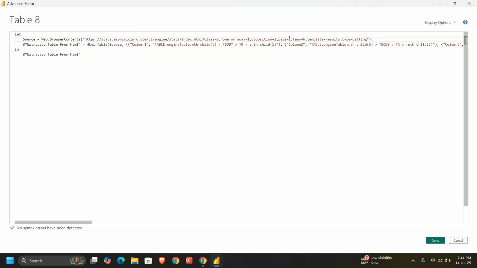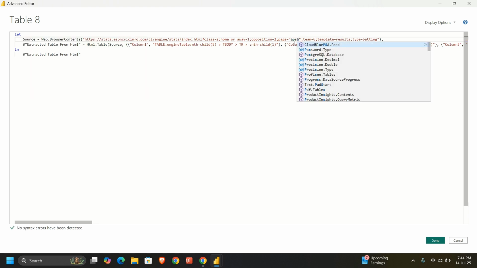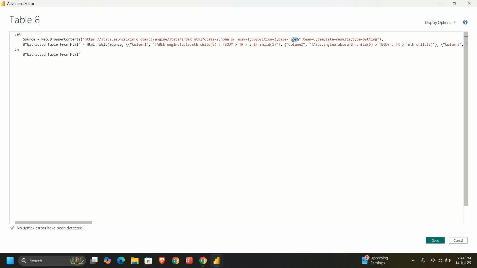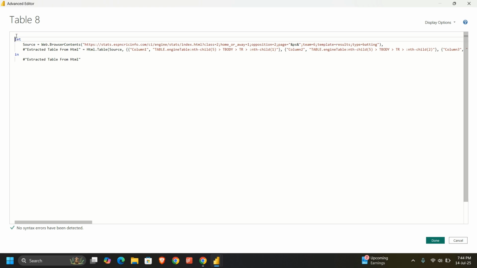Here in the page section, I'll use double inverted commas and a percent sign, and in the middle of this I'll place a variable, ps, as in page start. You can use any random name here because it is a variable name, so you can use sp or anything you like.